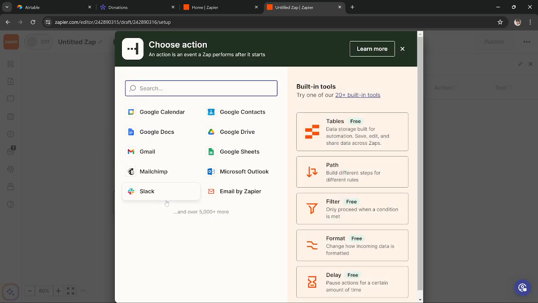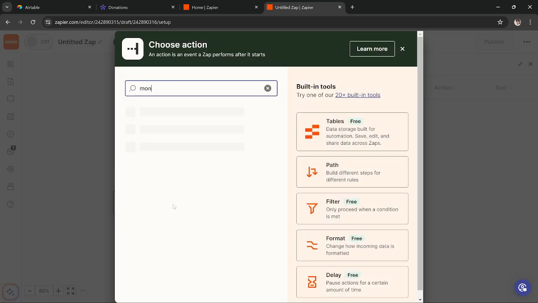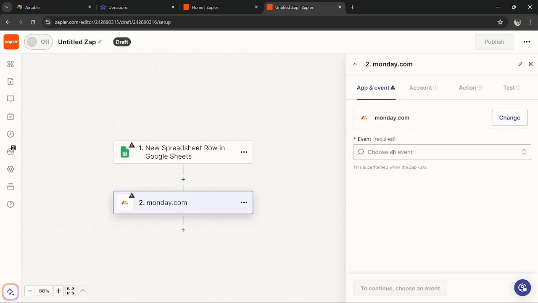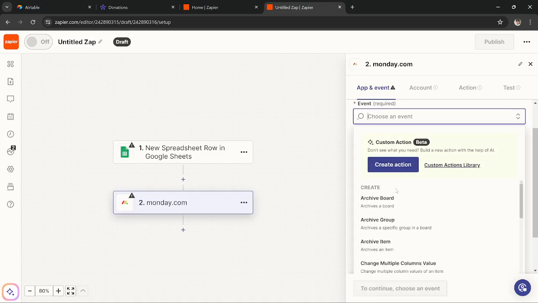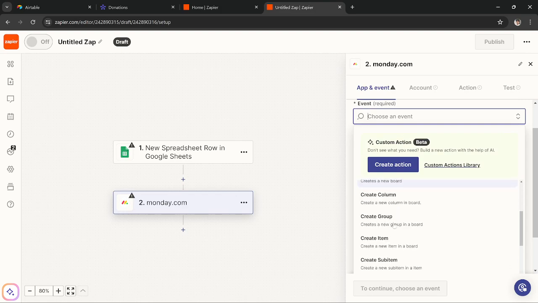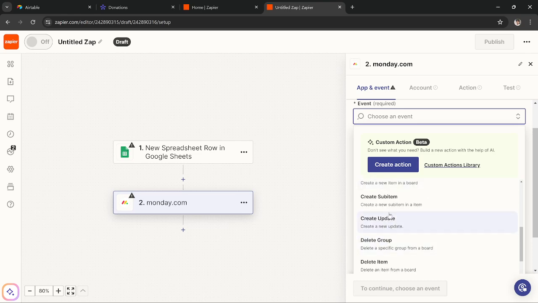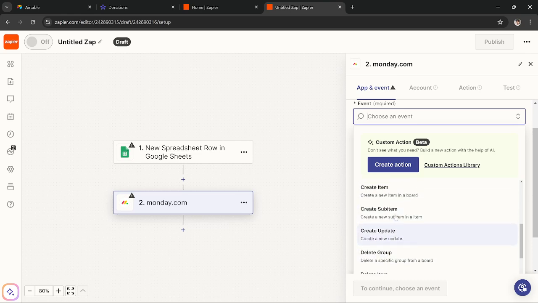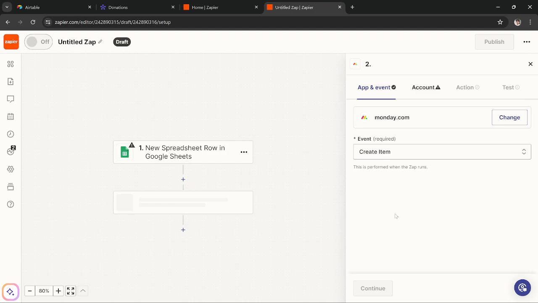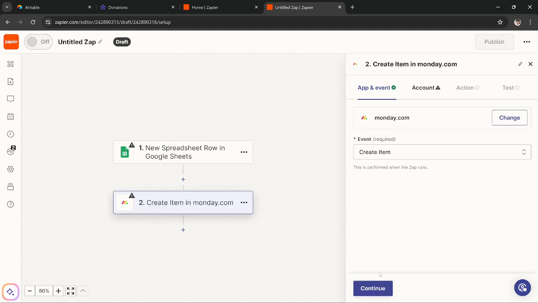Here you have to search for monday.com. Since we want to send data to monday.com, search Monday, select monday.com. That is perfect. In the event, choose what should happen in monday.com. So let's say I want to automatically create an item in monday.com. I just go and select this option, and now it is perfect. So press continue,